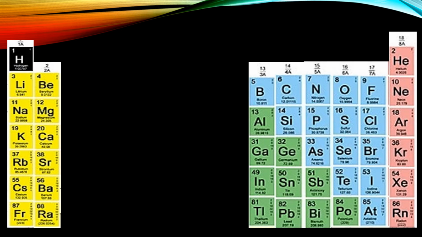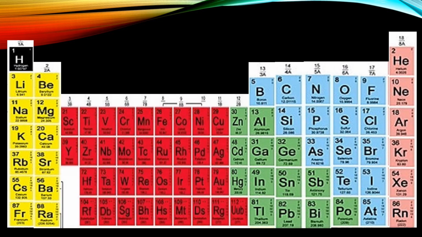So you can see that it is the A subgroup, 1A, 2A, 3, 4, 5, 6, 7 and 8th A group. These are called the representative elements of the periodic table. The first two groups, 1A and 2A, are called the representative S series, and the next from 3A to 8A are called the representative elements P series, because their valence electrons are in the p orbitals. So they are also called the p block elements.